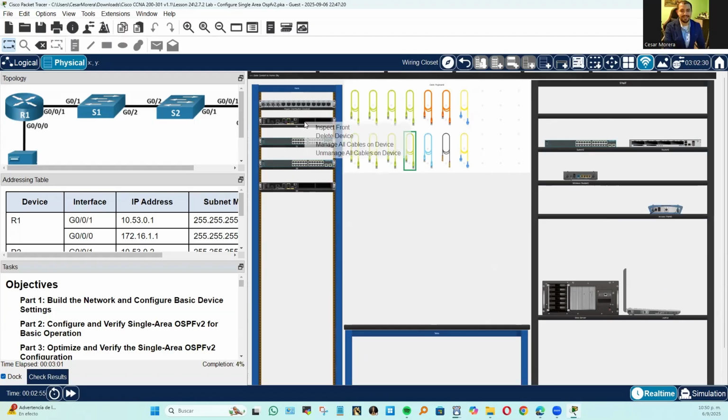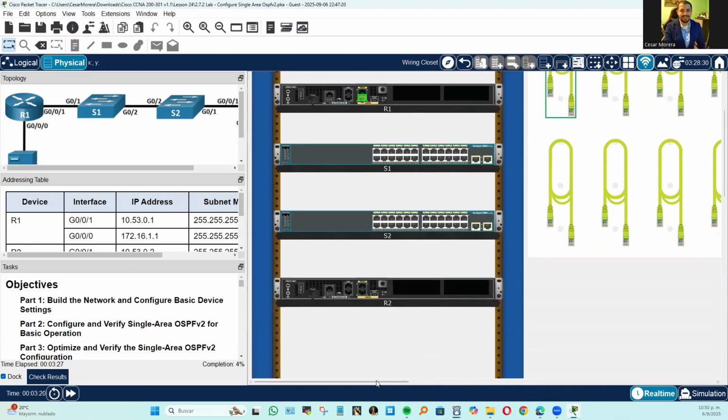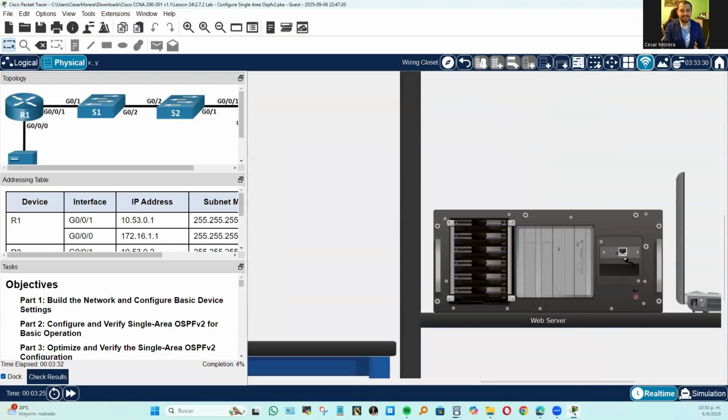I might have to figure that one out. Let me inspect the gear of this device. Okay, so I have to connect gigabit 0/0/0. Do I see it here anywhere? 0/0, yes. So I select that one, and this one will go to the port for this server. But for some reason